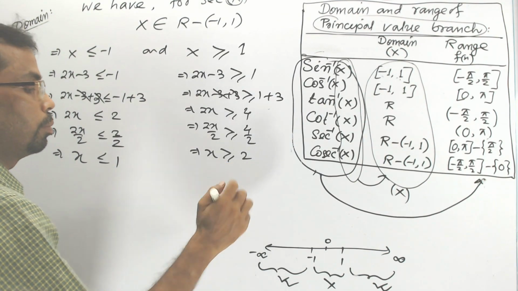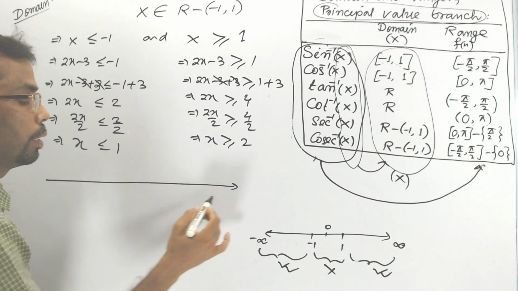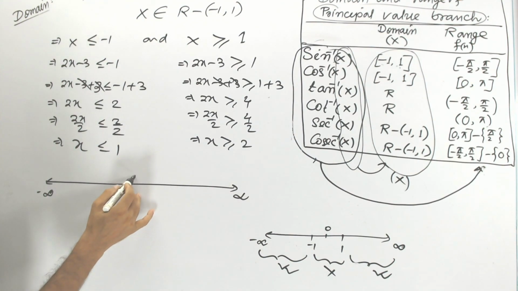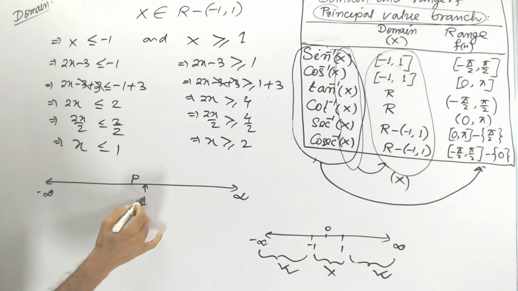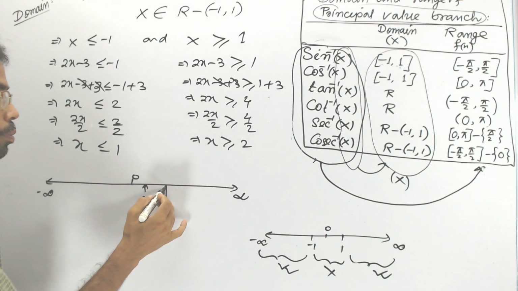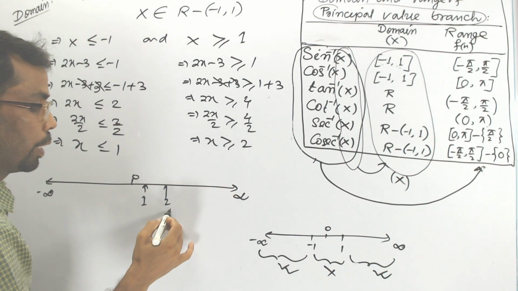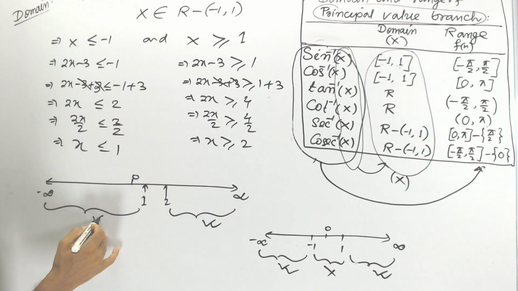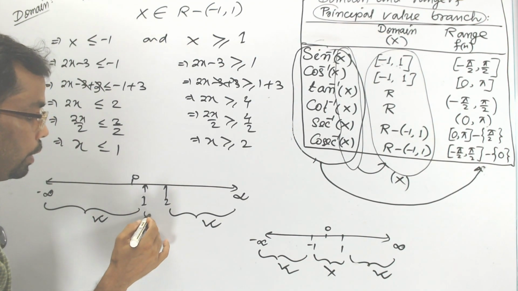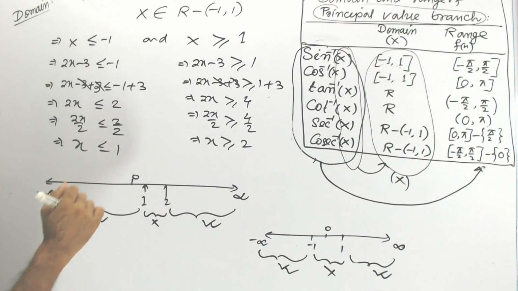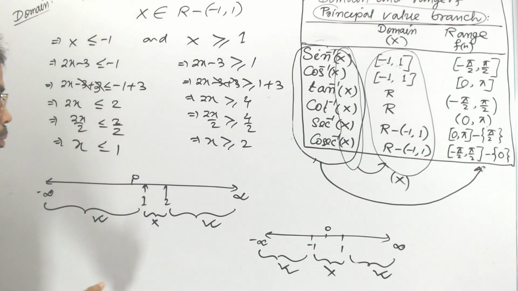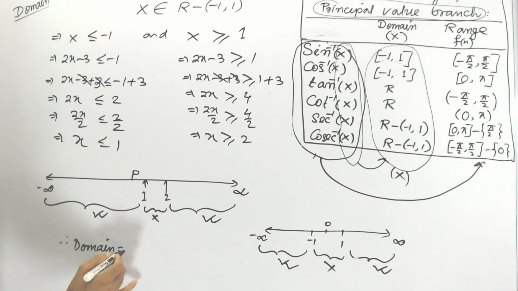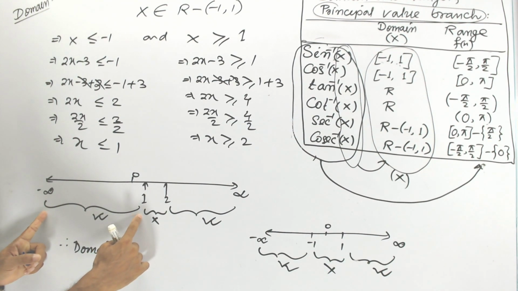What does it mean, you see? I'll explain with real number. Minus infinity to plus infinity, middle 0 is there, 1 will be somewhere here and 2 is here. Greater than 2 means this side, less than 1 means left side. Less is always left side, greater is right side. So it cannot be here, it cannot be between 1 to 2. So how I'll write the interval now? We can write like this: domain is equal to this part is what? It is minus infinity to 1,